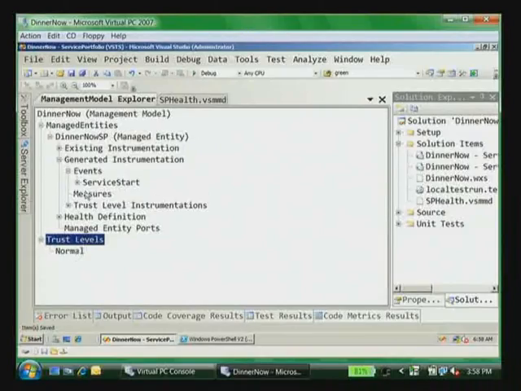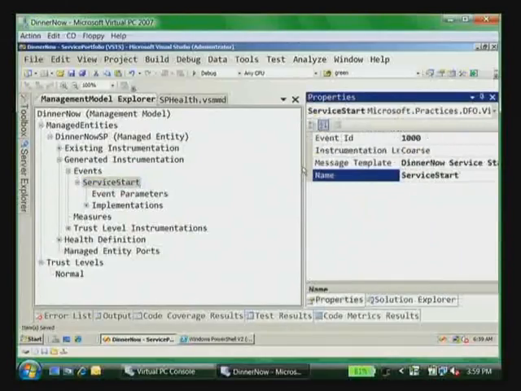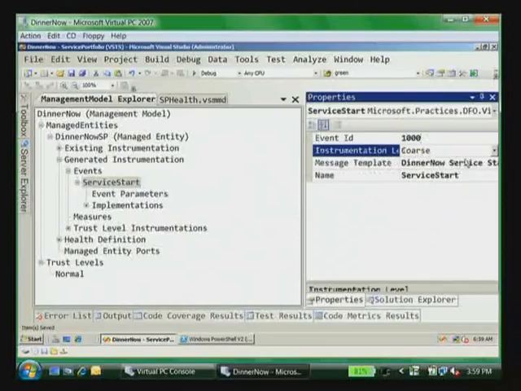It needs lots more explaining, but we've only got 75 minutes. So I've already defined an event called service start, and over in the dialog box here we've got the event ID, which is 1000. We've got the instrumentation level, so we have two switches there. We can go coarse or we can go fine, so you can have a bunch of things that are just off as a default,